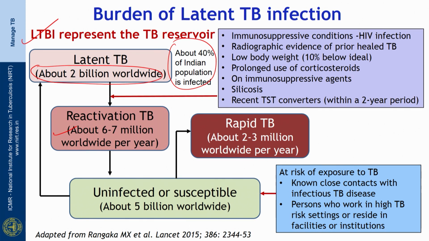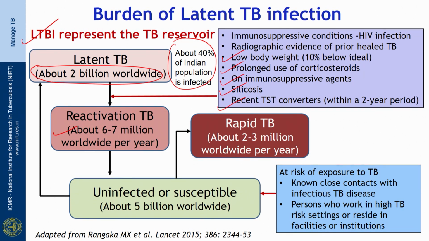This is due to reactivation of latent TB infection, which is facilitated by immunosuppressive conditions like HIV infection, radiographic evidence of prior healed TB, low body weight, that is more than 10% below the ideal weight, prolonged use of corticosteroids or immunosuppressive agents, silicosis, or recent tuberculin skin test converters, that is within a